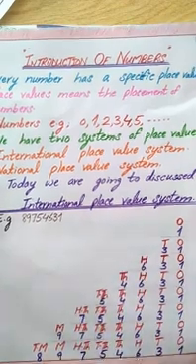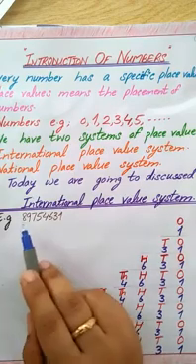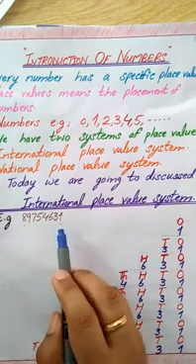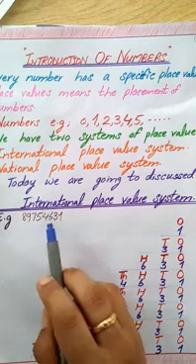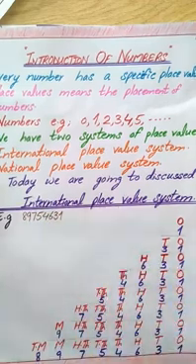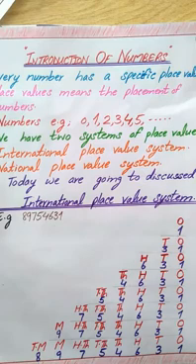Okay, let's start an example. I have a number, 8975461. This is the number. Can you read this whole number? No. First of all, we put the place values. Placement, we put the placement of numbers. This is called the place values or the placement of numbers.